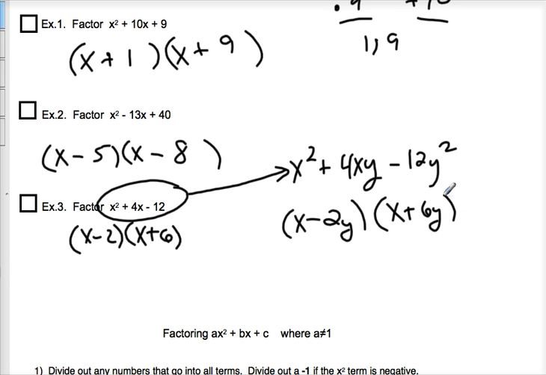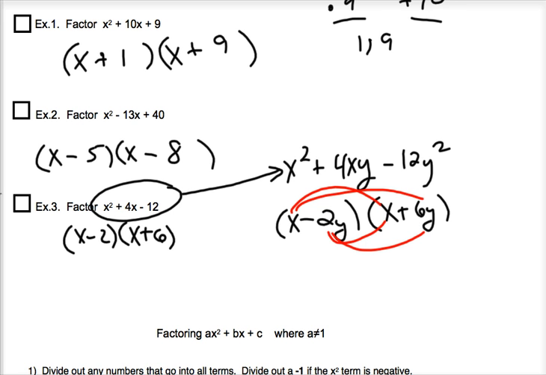That way, if I FOIL it back out, I get x squared, I get 6xy, and then I get negative 2xy. Those go together to make 4xy. And finally, I'd have negative 12y squared. So if you've got that extra letter, don't fret, still do the same work. Just put that extra letter at the end of each binomial. Okay, so that's what you do if you've got